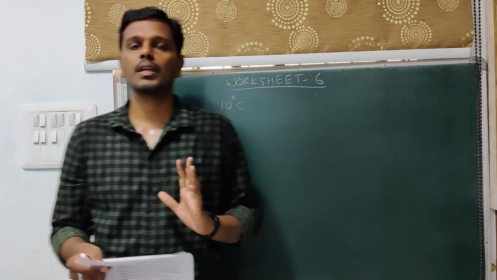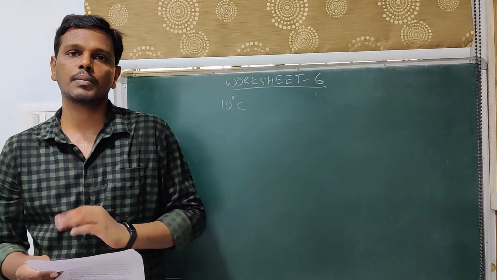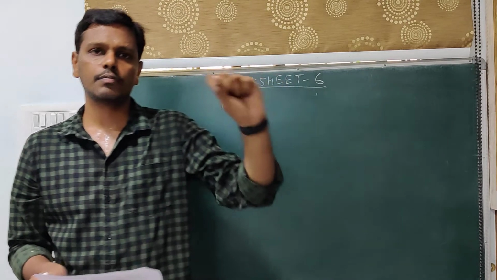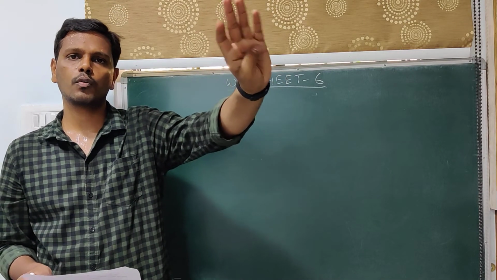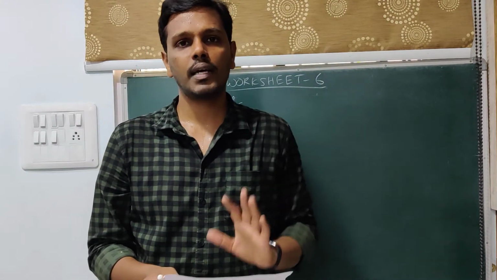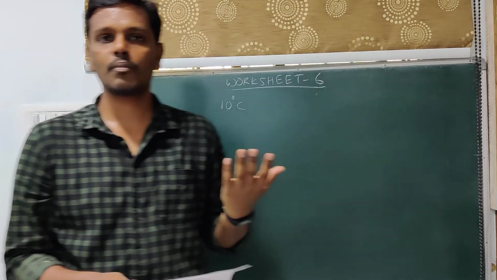Suppose after 5 hours the temperature becomes minus 8, then I will add those 5 hours to 12. After 12 comes 1 o'clock, 2 o'clock, 3 o'clock, 4 o'clock, 5 o'clock, which means that at 5 o'clock the temperature is minus 8. So that is the thing which I am going to find out.